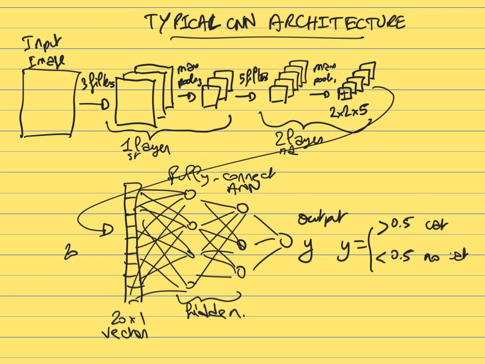So for example, starting from the cat here, one of the filters here will have detected two eyes like this, and maybe one of the filters here will detect that those two eyes are forming the shape of a typical face of a cat. So as you go deeper and deeper within your network, you will be able to combine